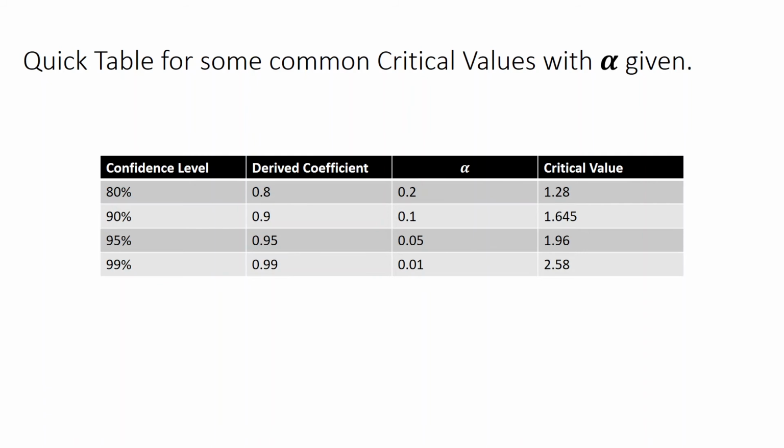Okay, so basically if you have 0.2, the alpha by 2 is going to be 0.1 on both the sides. Similarly we have for the 90% confidence, 95, 99. Mostly we will be working with the cases where there is 95 or 99% confidence level, okay. And apart from that you can have this.